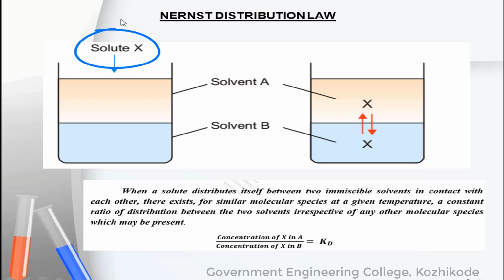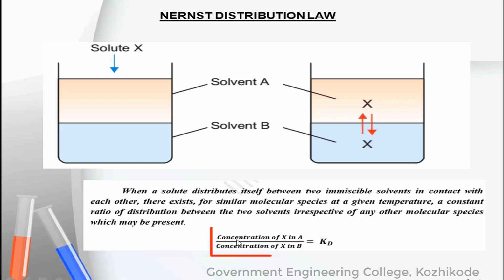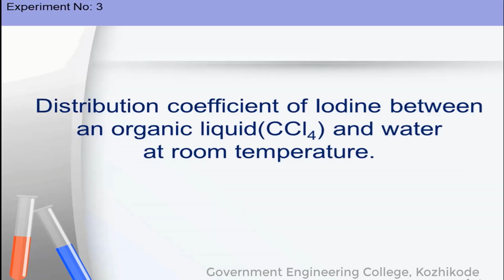That is, when we add a solute to the mixture of two solvents which are immiscible with each other, the solute will distribute between these two solvents, and we will get a constant for the ratio of the concentration of X in solvent A to the concentration of X in solvent B. That is, the concentration of X in solvent A by the concentration of X in solvent B will be a constant that is called the Nernst distribution coefficient,